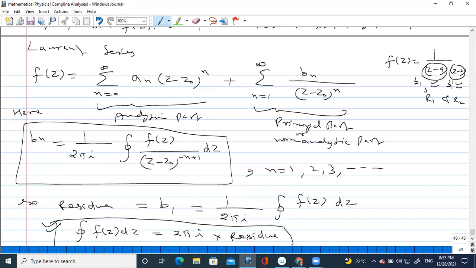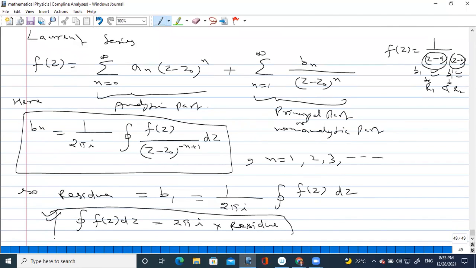So those will give you 2 residues. So in place of taking a single residue, you have to take the summation of residues. In general, if so many residues are there, because so many singular points or poles are there, for that, in general,